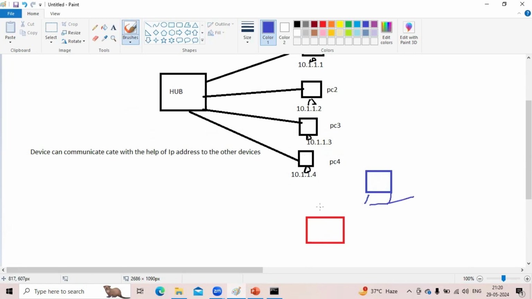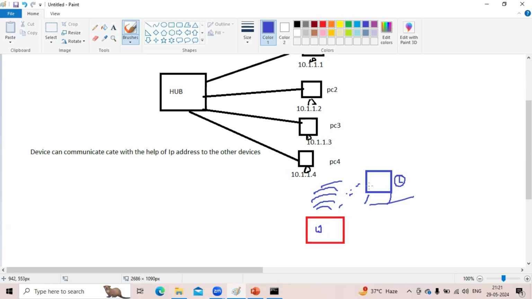This is the kind of wireless network. It's going to connect like this. This is your wireless device, and this is your laptop, right? So we connect through wireless also.